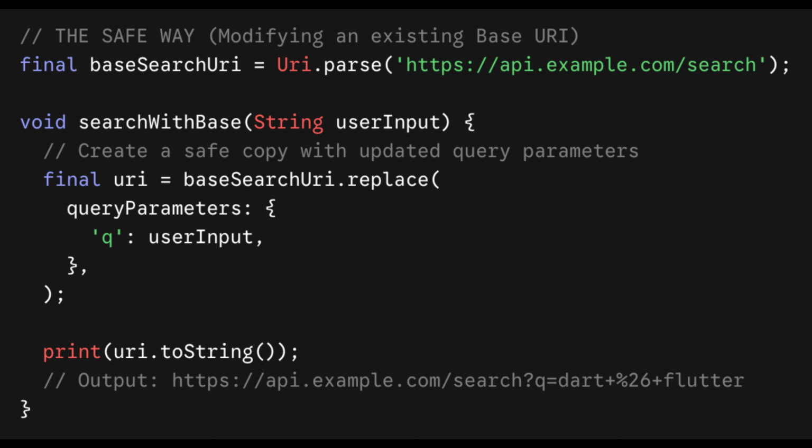But what if your base endpoint is already defined as a Uri object, perhaps coming from an environment configuration or an API client-based setup? You don't need to revert to strings here either. You can call the replace method on your existing Uri object. Replace creates a new immutable instance of your Uri while swapping out only the pieces you specify. By passing your query parameters to replace, Dart ensures that your base paths remain perfectly intact while your dynamic arguments